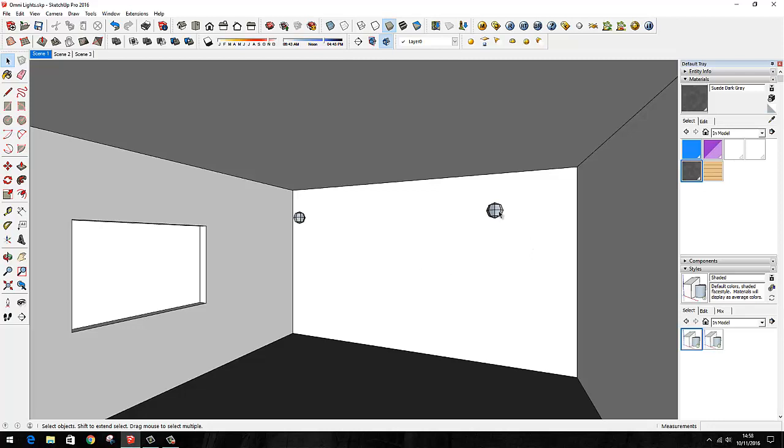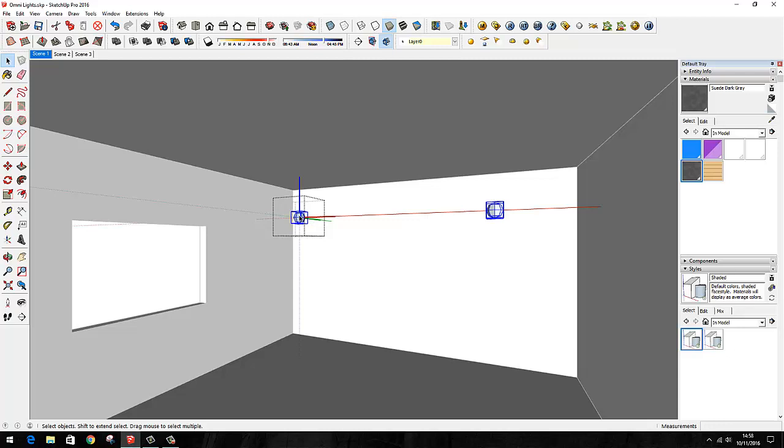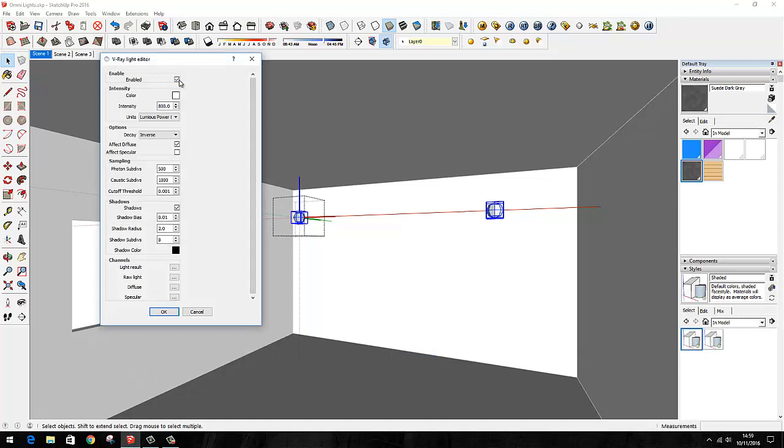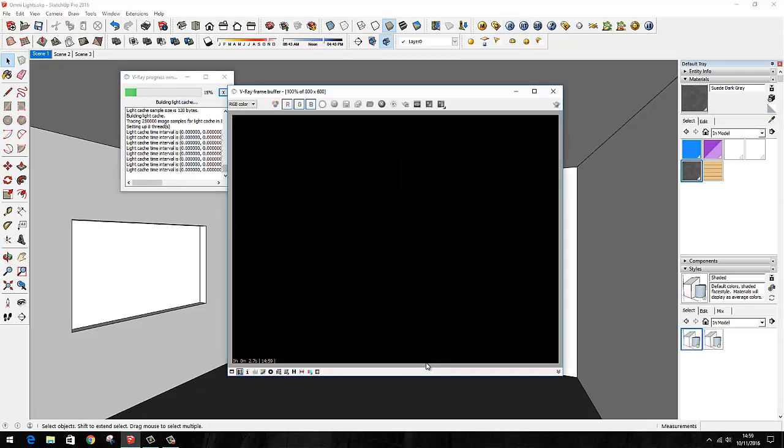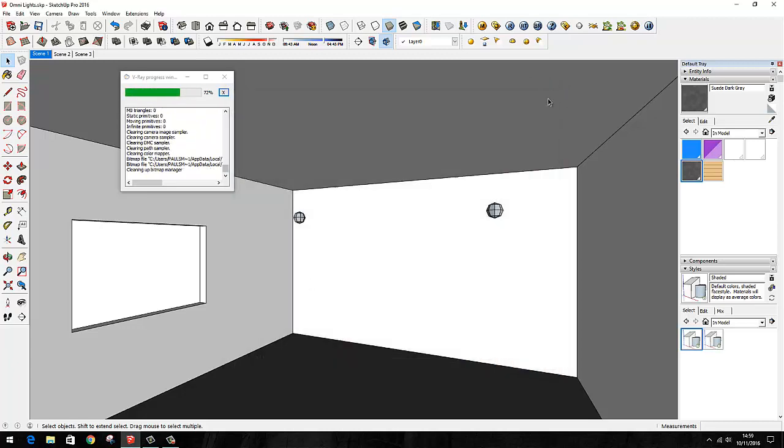So I'll just disable these lights first. Double click and then select one, right click, VRay for SketchUp, edit light, and then disable. Okay. Now if I do a render, we're back to blackness. So I have a